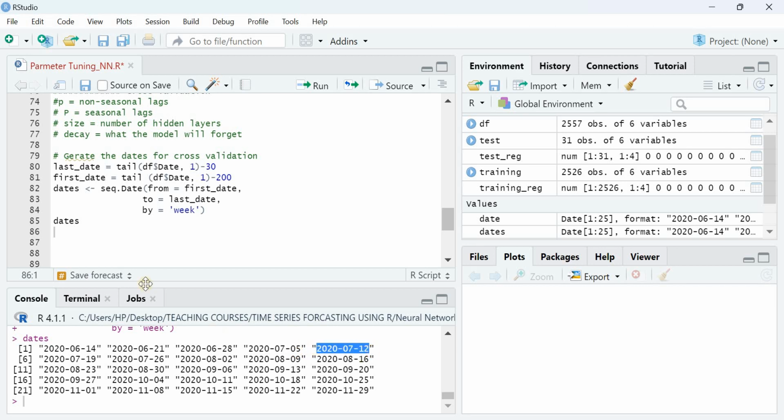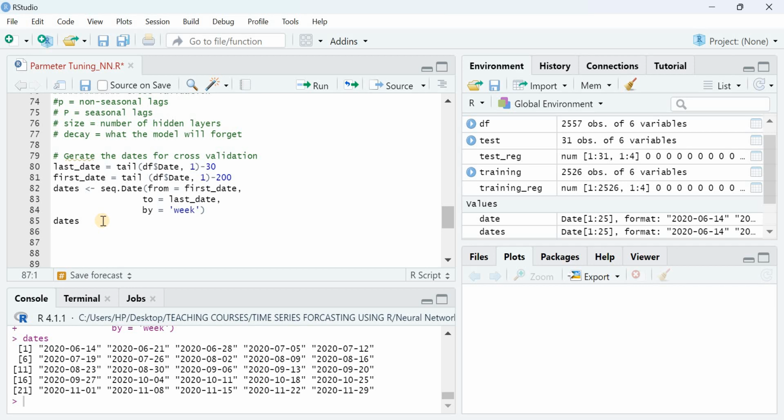I believe you got my point of what I actually did. So it means that I just want to apply cross validation, starting from this period. It should be this period to do the cross validation starting from, and we are creating 25 different cross validation combinations. Okay, so probably you'll understand when I run it afterwards. So then I will